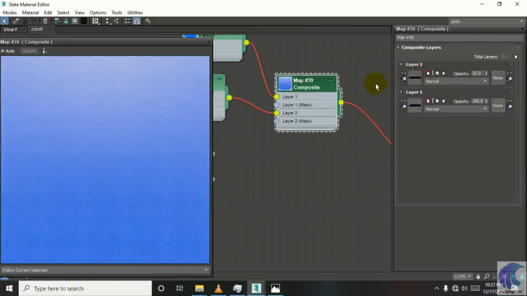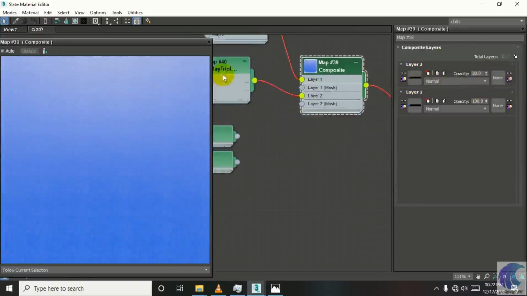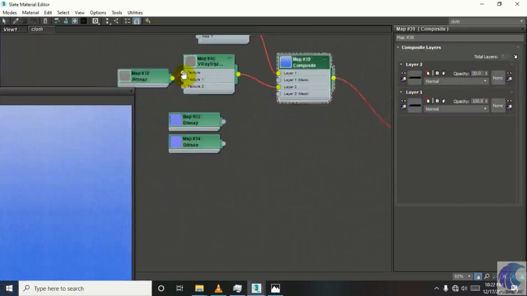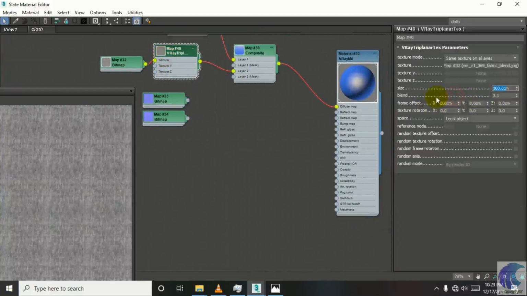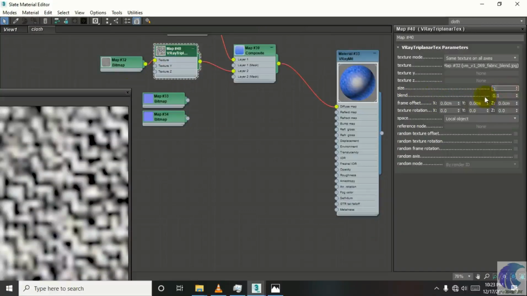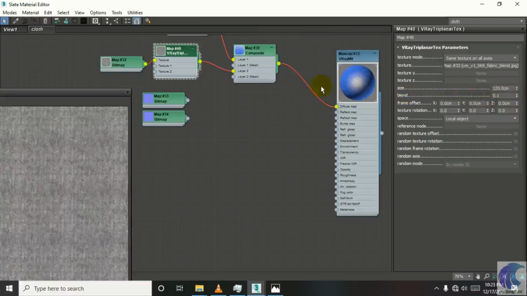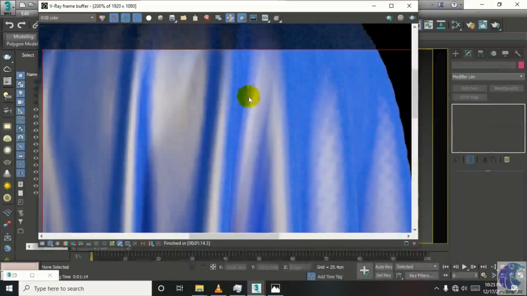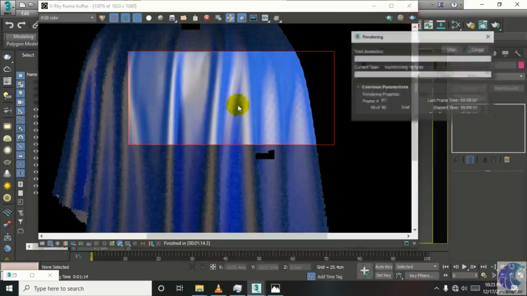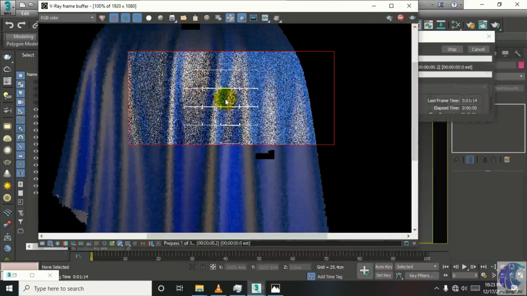Now we will use this 20%, and now we will use this. This is fair enough, and let me re-render it and see how it looks now.